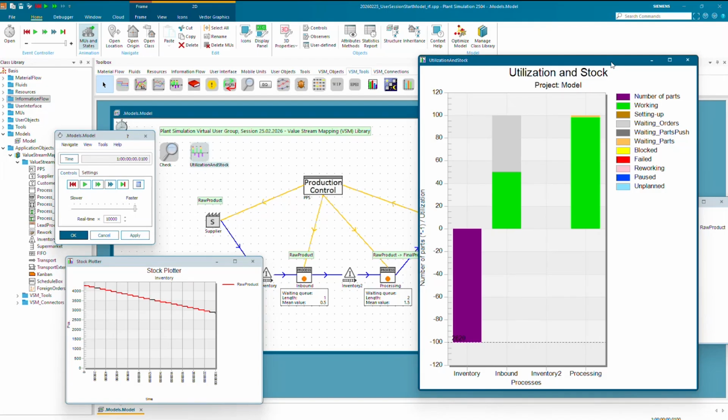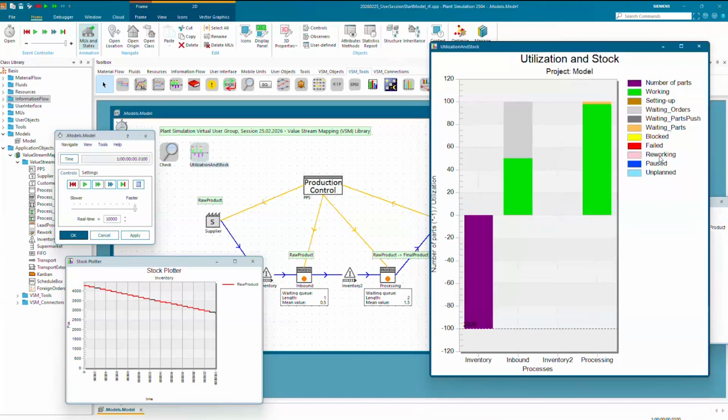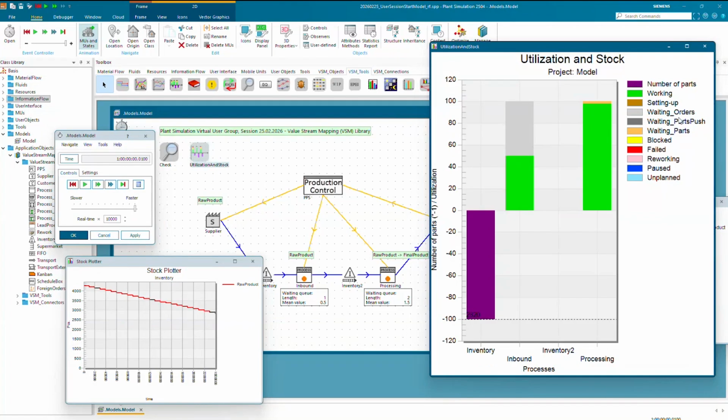This is quite similar to the basic objects there as well. One enhanced difference is here, for example, the integrated different status for waiting. So if a plant simulation basic process is waiting, it's basically waiting for parts. It's available to produce, it's waiting for parts, and it's planned in a planned shift calendar time.